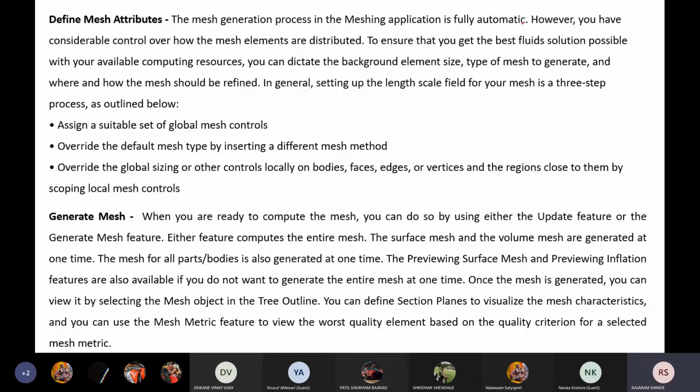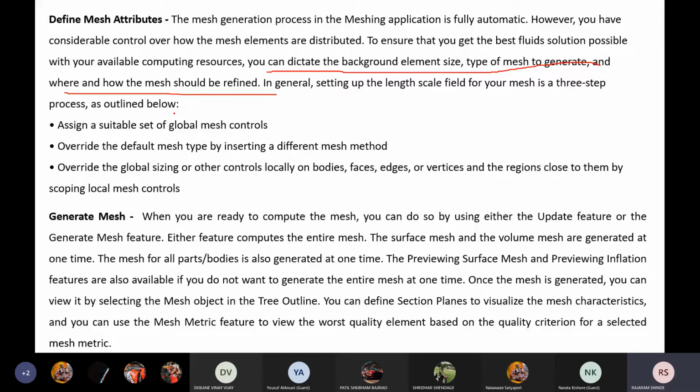Okay, so here this is useful when we use mesh attributes. In general, setting the length scale field for your mesh is a 3-step process as outlined below.